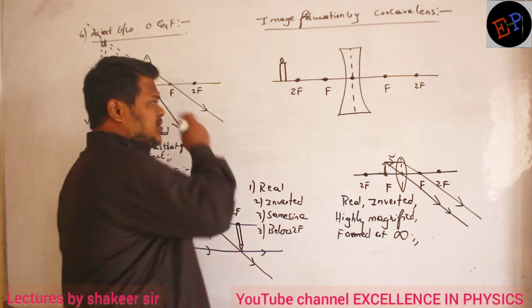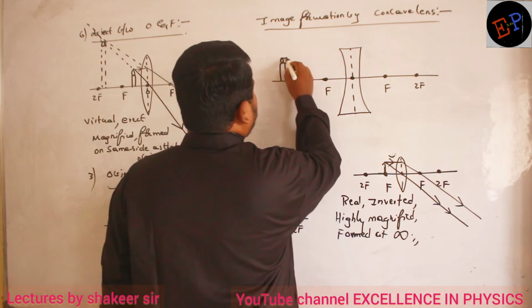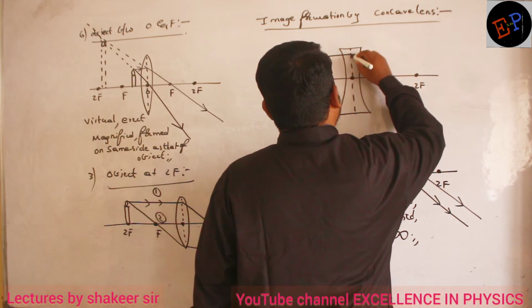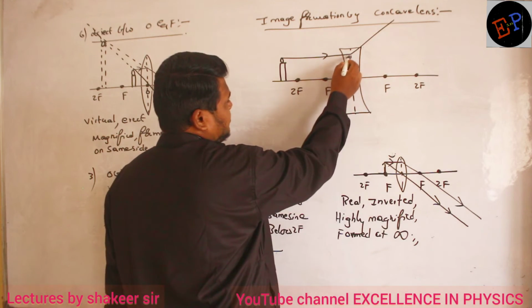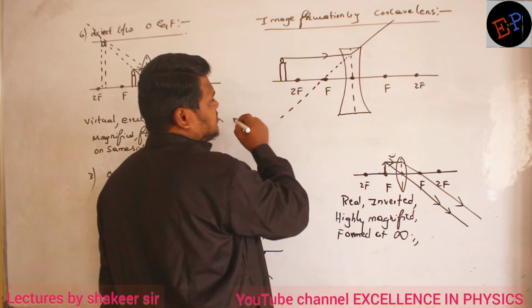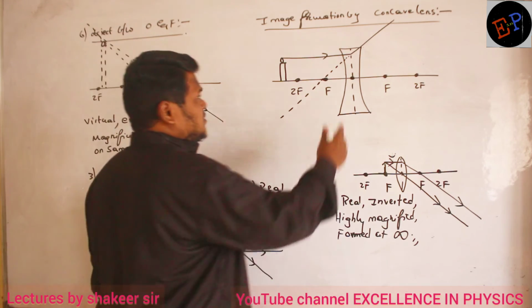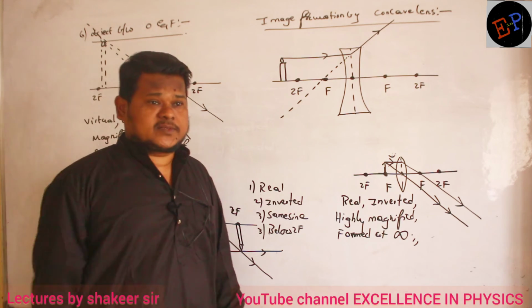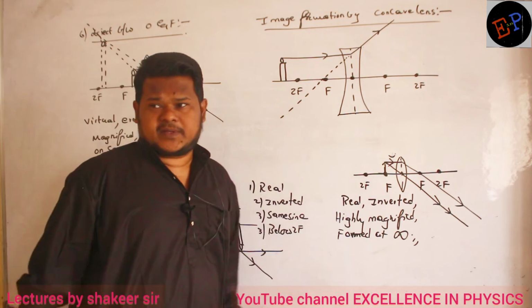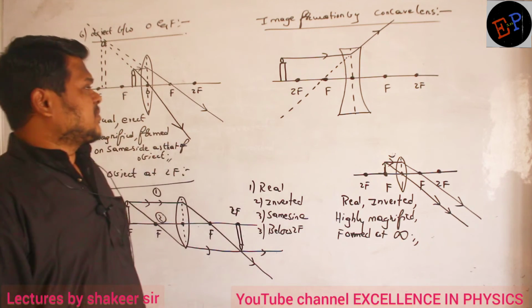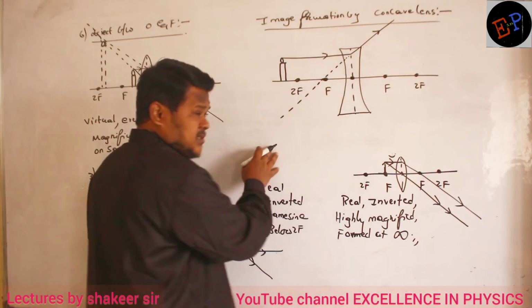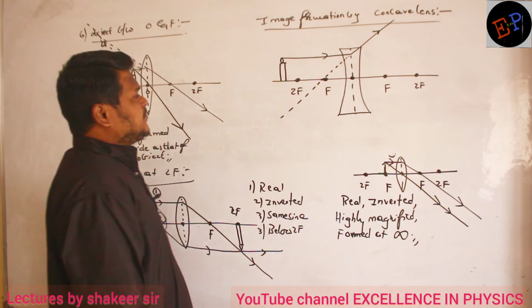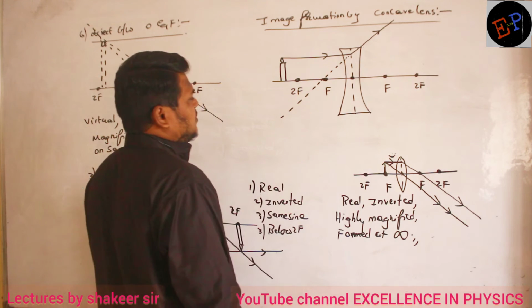Fine. So let us try to draw light rays passing parallel to the principal axis. It will refract such that if you extend this one backwards, they will pass through the focus. This is what we have studied. Because concave lens is what kind of lens? Diverging lens. It diverges the light rays away from the principal axis. But if you extend the light rays backwards, then the light rays will pass through the focus. Clear now? And one more light ray.